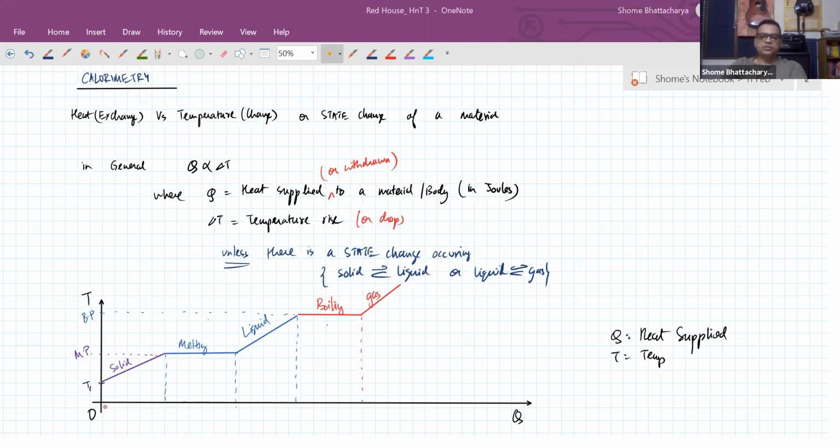So let us say you have a certain amount of metal and it's at temperature 20 degrees C. To raise its temperature to 50, you have to supply a certain amount of heat. And as you were supplying the heat very slowly, you'd see that the relationship between the temperature and the heat supplied was linear as you raise the temperature from 20 to 50. Now you want to bring the temperature back to 20, you'll have to withdraw exactly the same amount of heat that you had supplied in the first place. So that experimental data tells us that it follows that same path, the relationship between temperature and heat, whether we are raising the temperature or lowering the temperature. Now the explanation of this is very simple and we'll discuss that also.